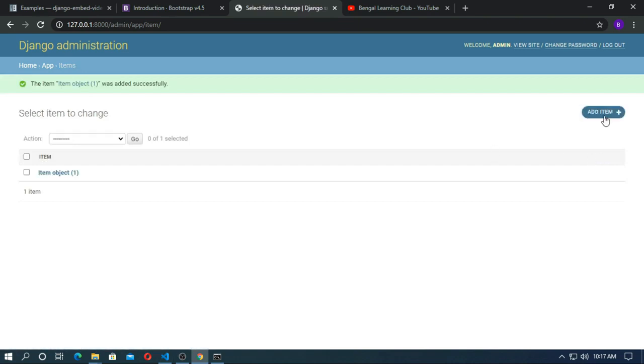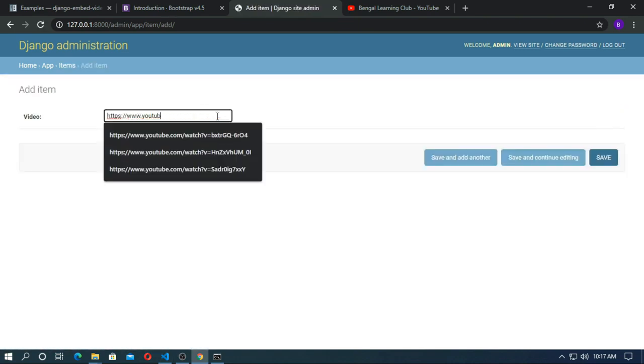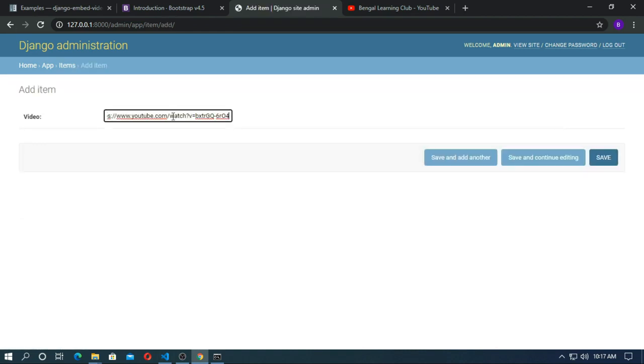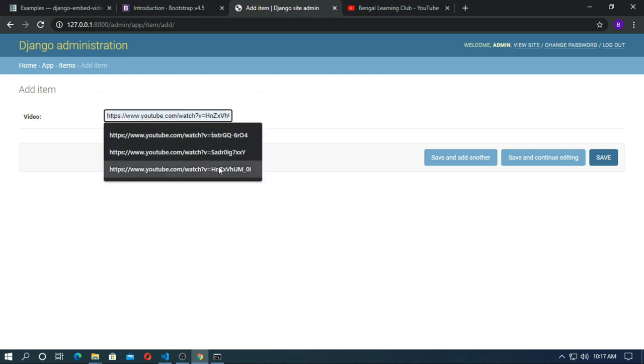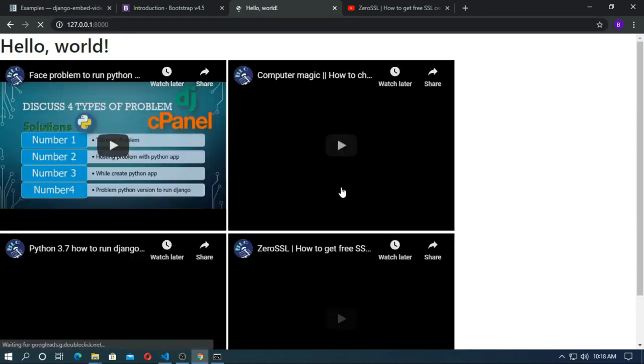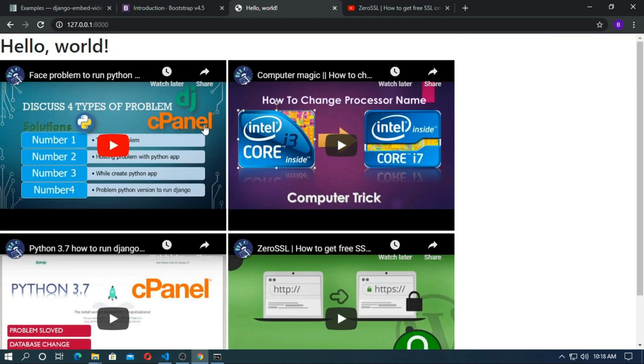Save it and add one more. Save it. One more item. Save it. Just copy the URL and paste there and run the local server. So you can see now the embed of video is successful.